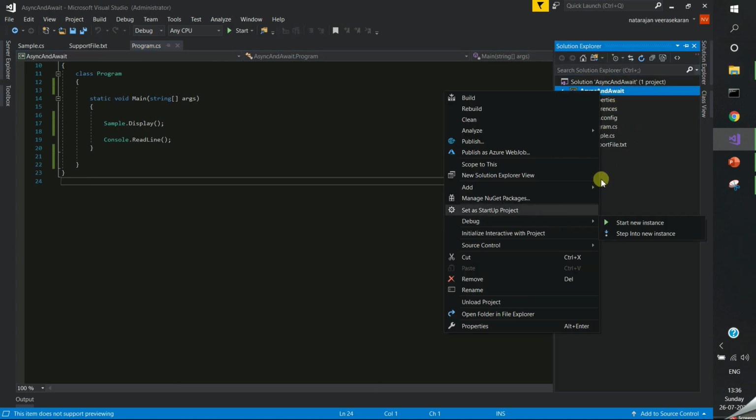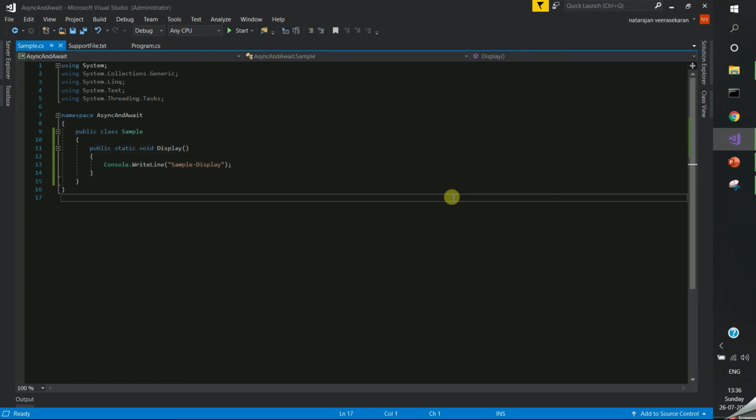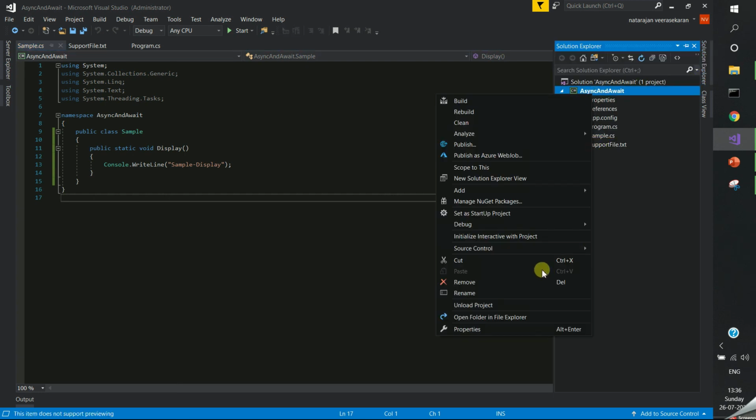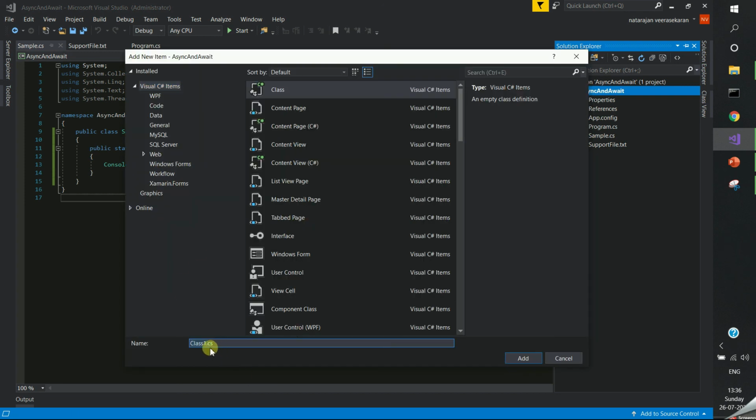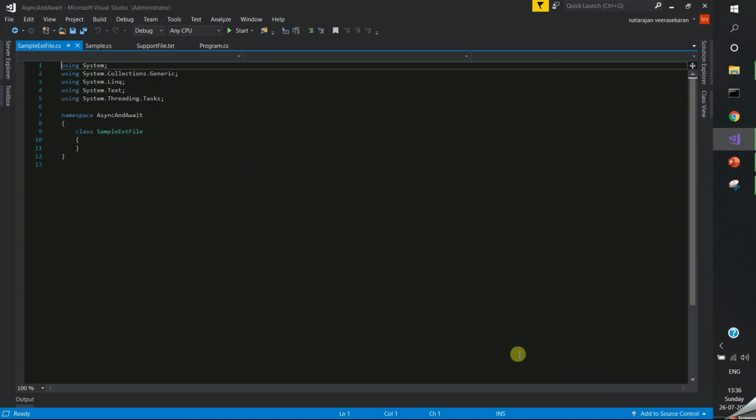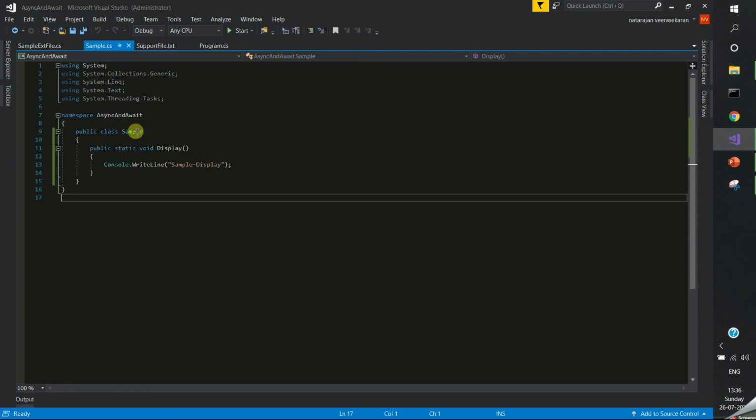Okay, that's clear. What is a partial class? There is a need, I have to create one more file. For example, for the maintenance aspect, I am segregating the same class into multiple files. I am creating one more file, a sample extension file, maybe ext file.